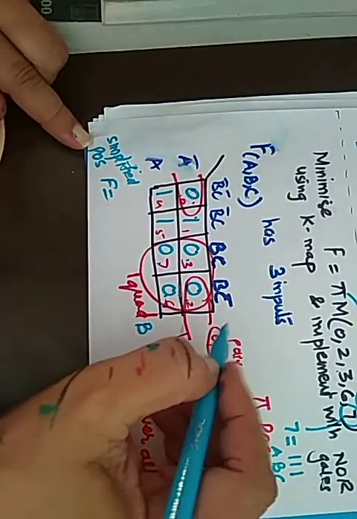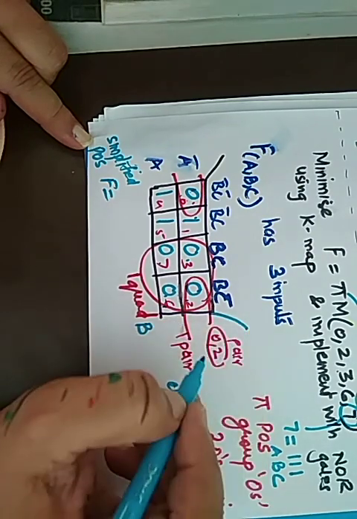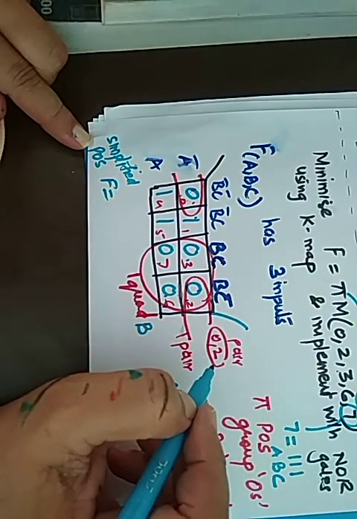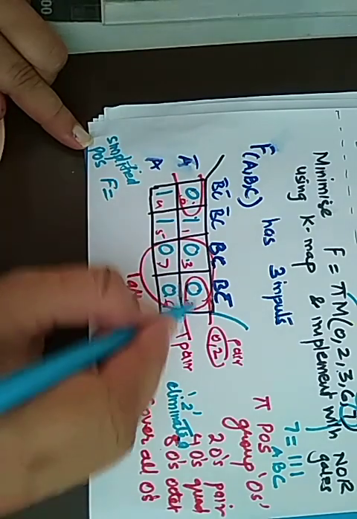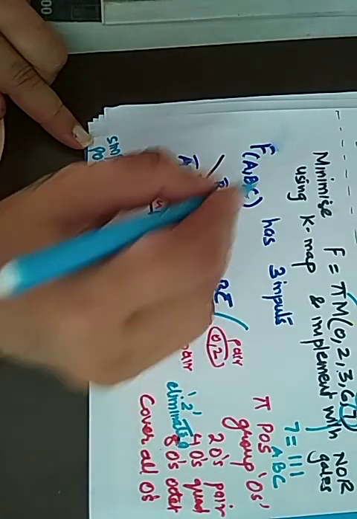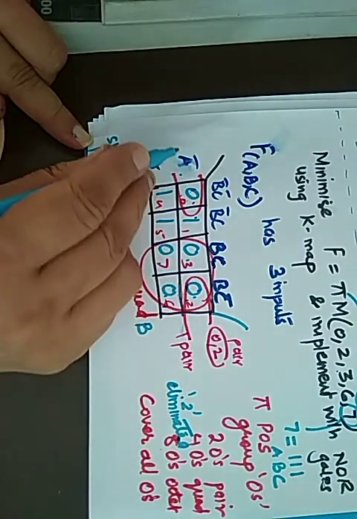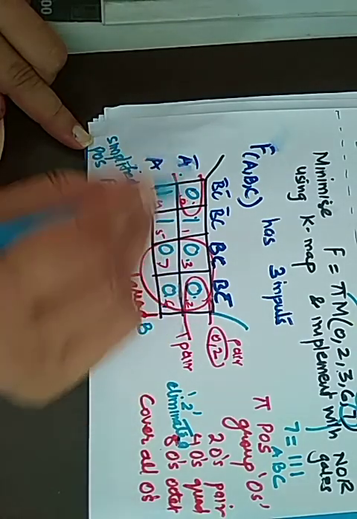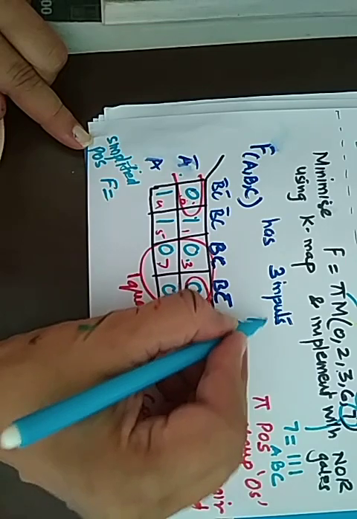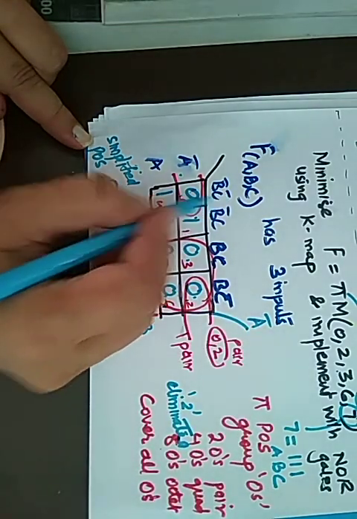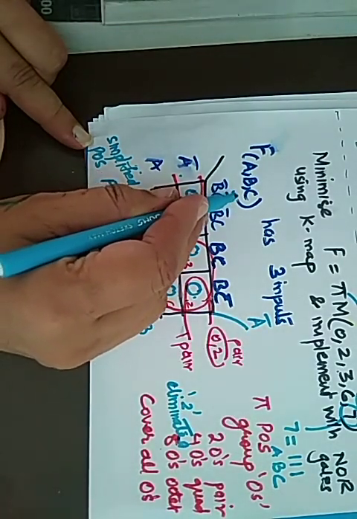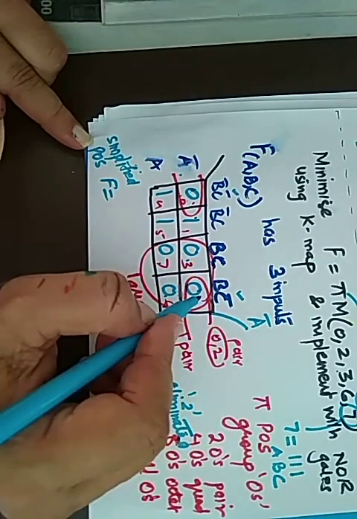Now we are left with finding the value for this pair. How do we find the value? We have to see the row and we have to see the column. So for this pair, the row is A bar. This is a single row, so we will have to write A bar. From the column is B bar, C bar and BC bar.